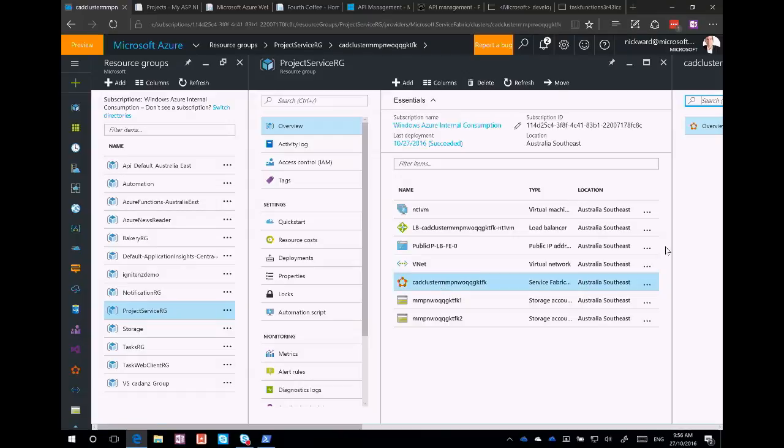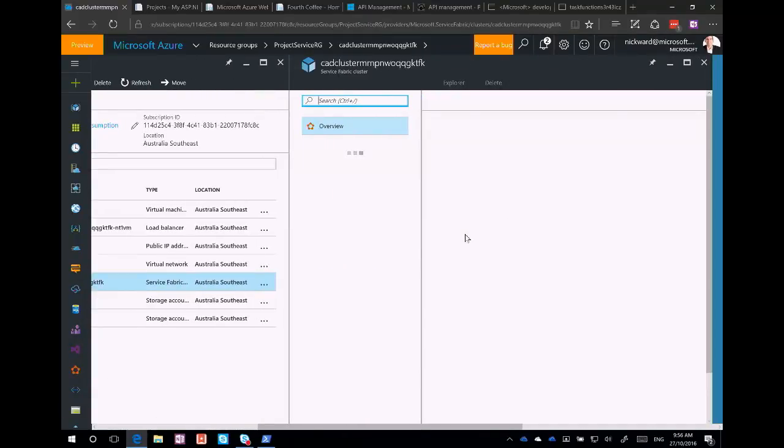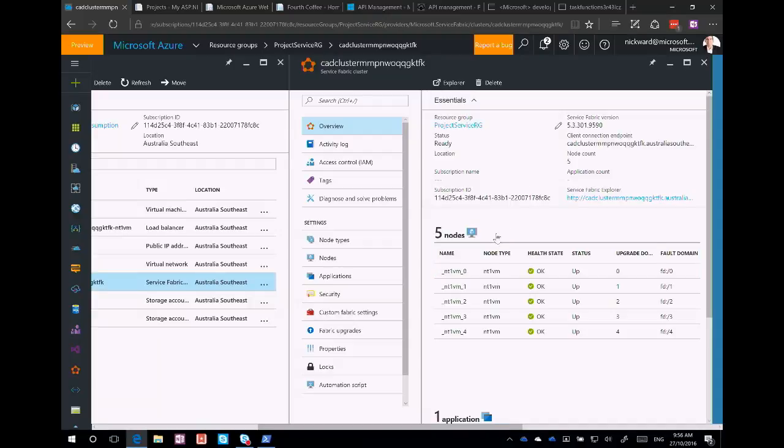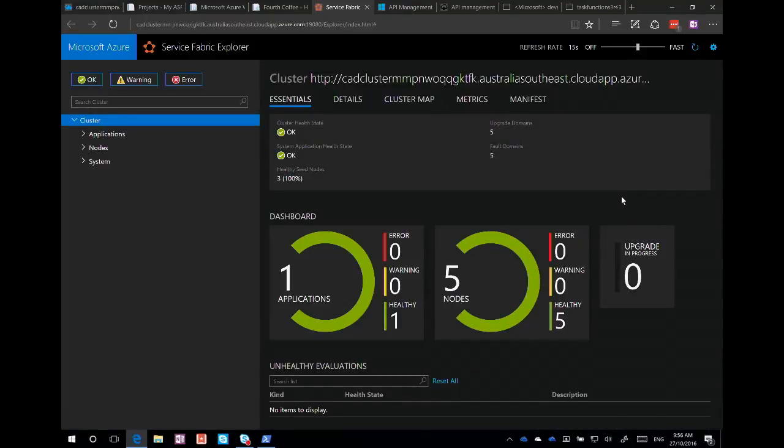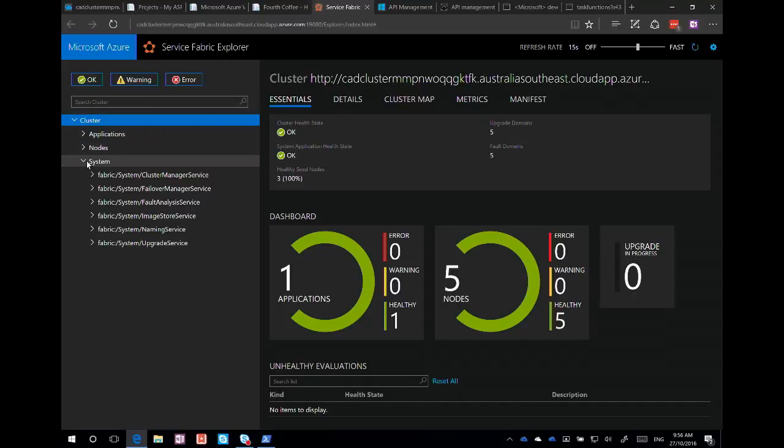Let's go into my Service Fabric cluster itself and have a look at what we've got running. So we've got 5 VMs running my project service. Let's go to the Service Fabric Explorer and see what those 5 nodes in my cluster are actually doing. And we can see that I can view my cluster by the applications that are running on it, by the nodes that are making up the cluster, or the system applications. So there's a variety of system applications that essentially make up what Service Fabric is. Service Fabric is a bunch of VMs with these applications running on it, which know about all of the nodes